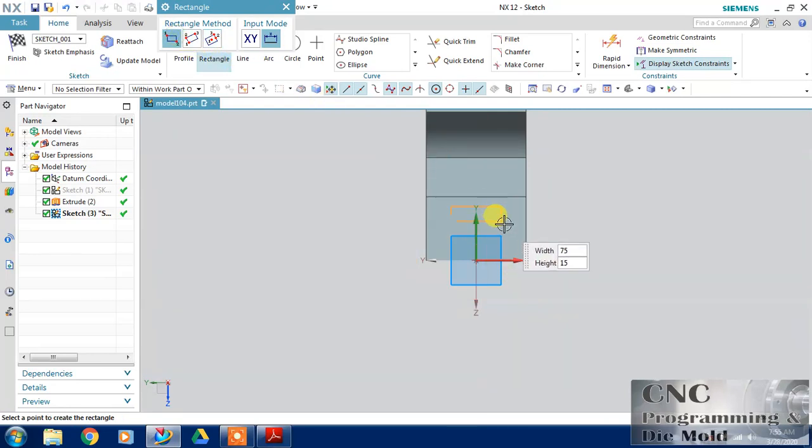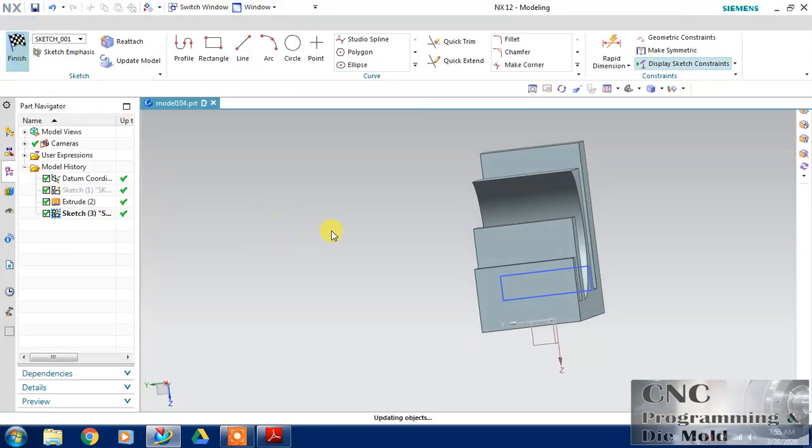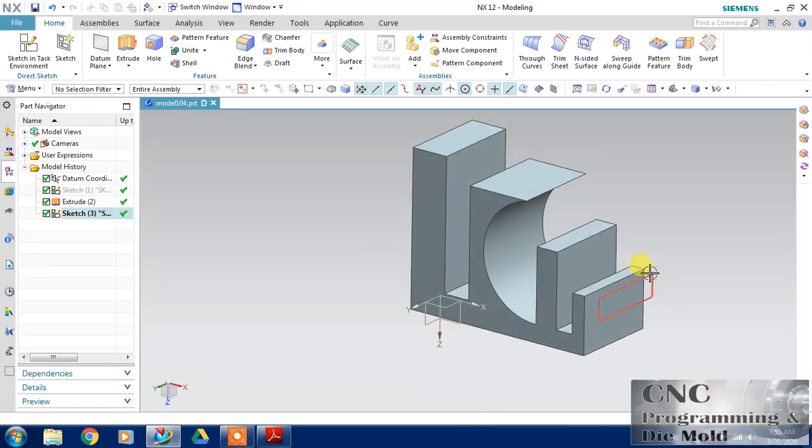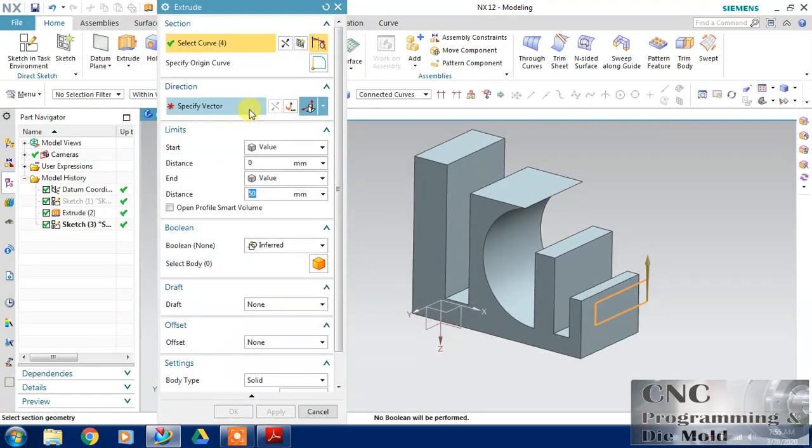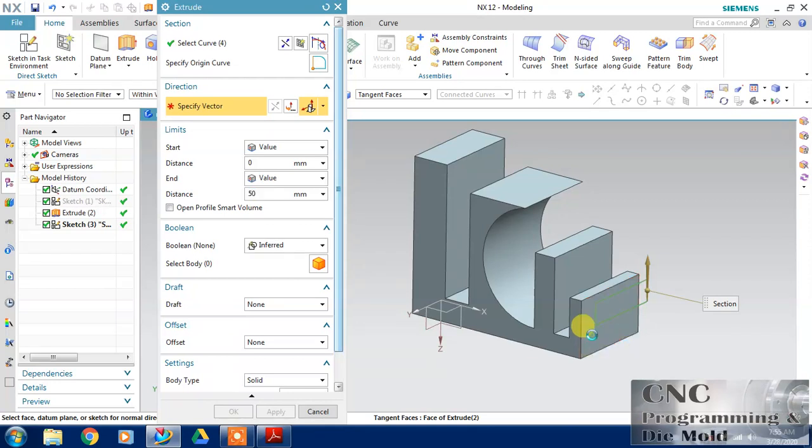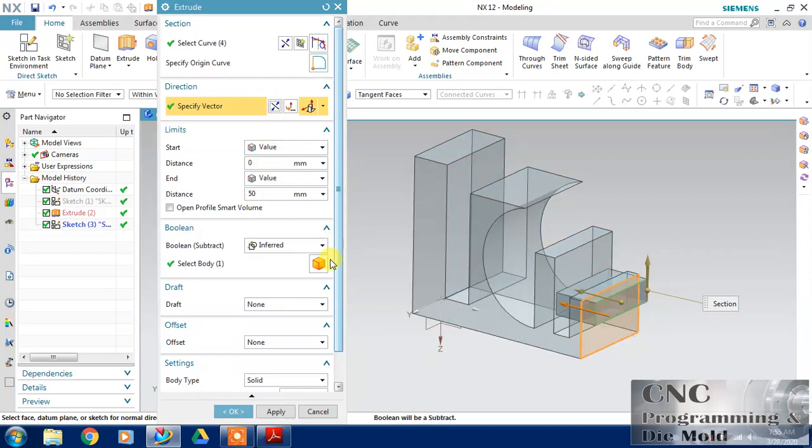Just choose this one, click. Now finish this. I have a rectangle. Now I am going to extrude this and vector like this and reverse the direction.